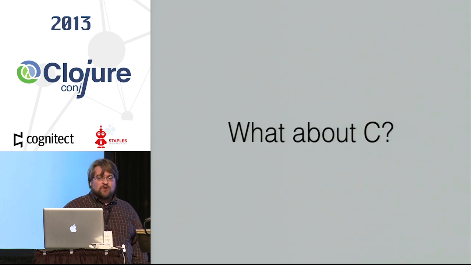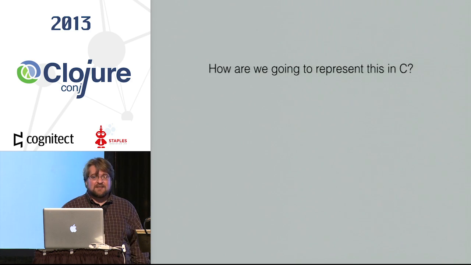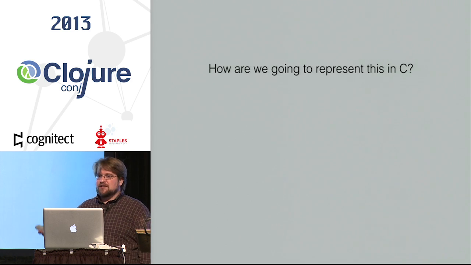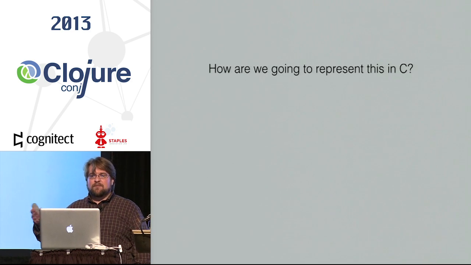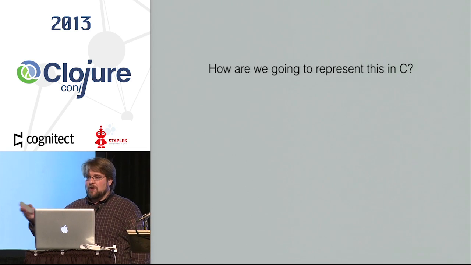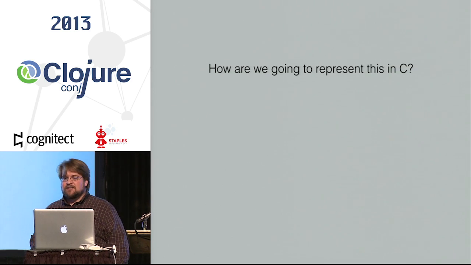So what about C? How are we going to represent all of this in C? One approach that we could have taken is to represent our closures by building new data structures that represented each closure. We could represent our pairs and boxes and things like that as data structures. But